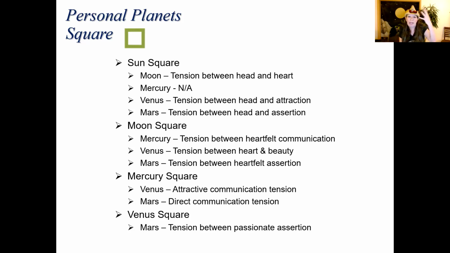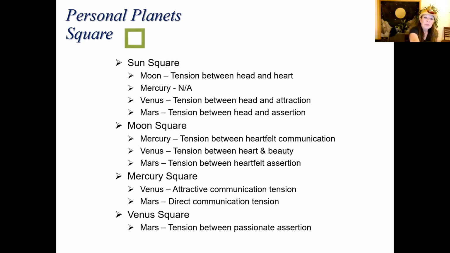They don't make enough money, and my head tells me I need to be with somebody that makes a lot of money. Sun square Mars, tension between, once again, second guessing themselves. I know I want to cardinal this. I know I want to fix this. I know I want to mutable this, but I'm coming at it from two different elements. Should I do it emotionally or should I just go punch the mother?